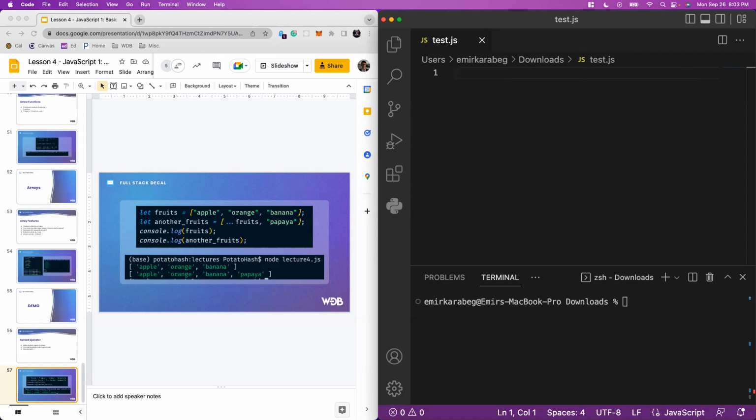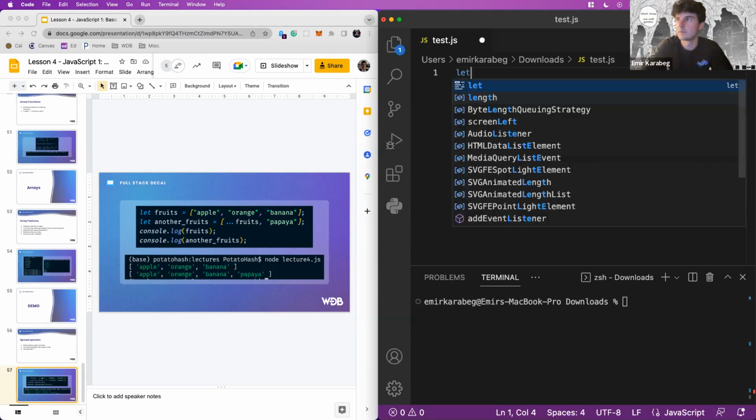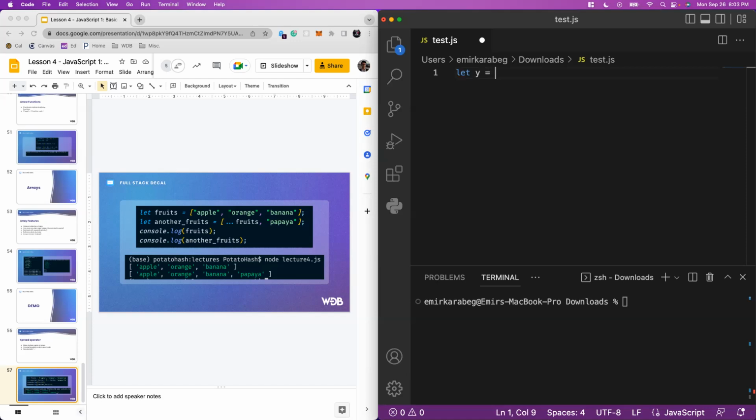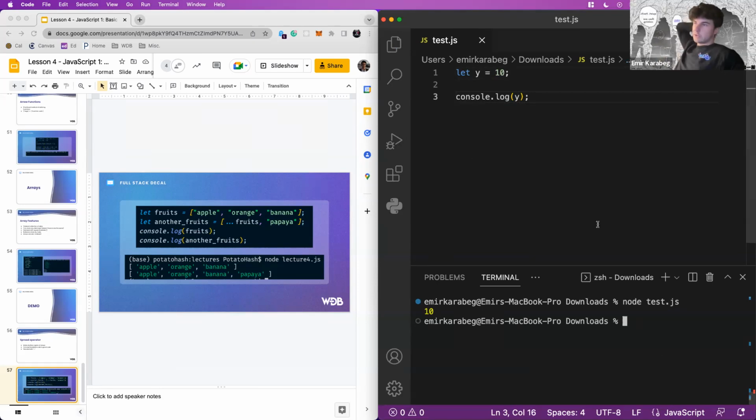Even the simplest command, for example, let y equals 10, and I do console.log y, and when I run test JS, it doesn't return anything. I don't know why. I don't see the 10. So that's probably because you're running, that's probably because, oh wait, sorry, Eric, give me one quick second for